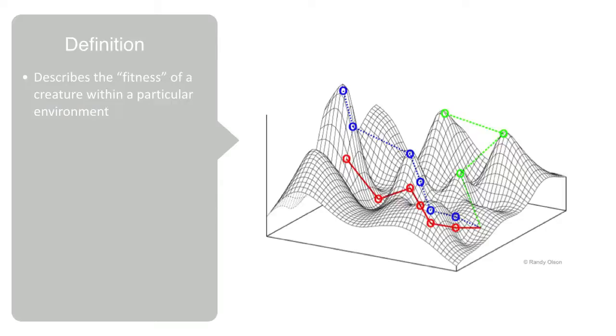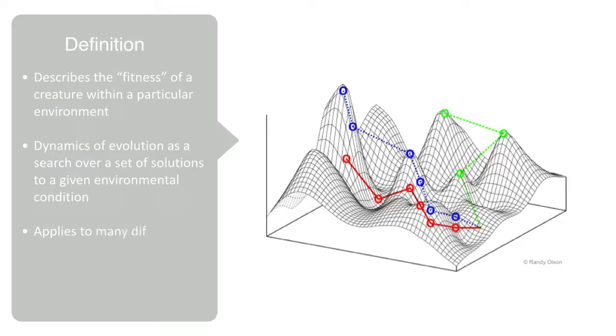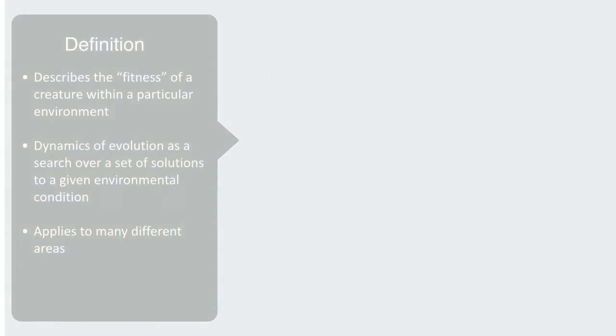As such, it visually represents the dynamics of evolution as a search over a set of possible solutions to a given environmental condition in order to find the optimal strategy, which will have the highest elevation on this landscape and receive the highest payoff. As evolution is a fundamental process that plays out across many different types of systems, natural,